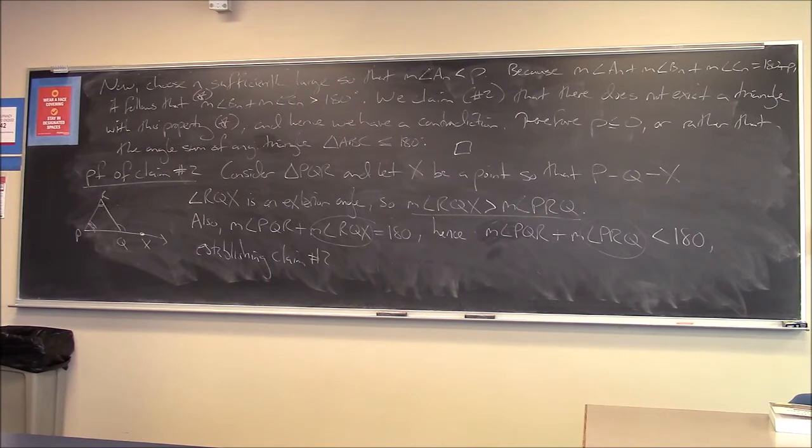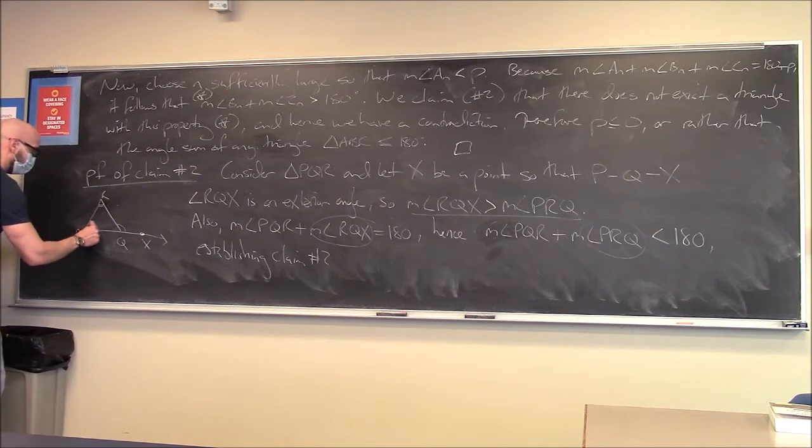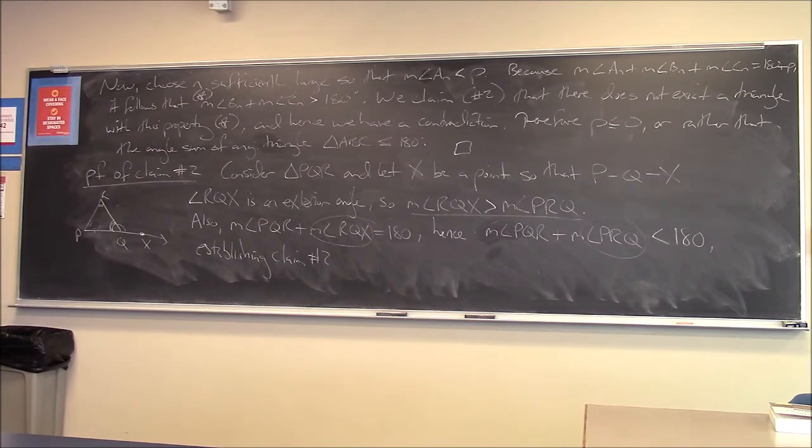Wait, didn't you establish the two angles PRQ and PQR are less than 180, not QPR and PRQ? Like the two angles on the right side of the triangle? Did I do that? PQR, PRQ. Oops, yeah, sorry. Wrong. I've indicated the wrong angles here. All good though. Still the same thing, right? The sum of two interior angles cannot be bigger than 180. Is that right? Sounds right. Yeah.